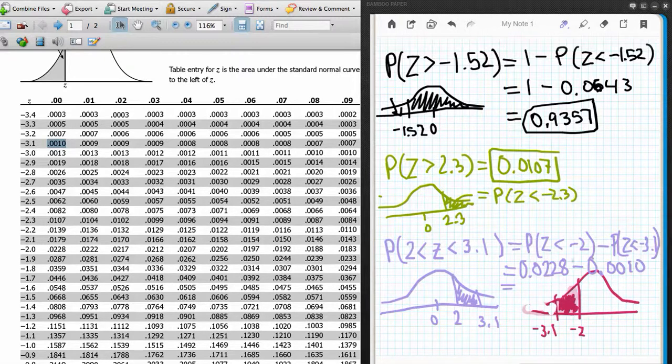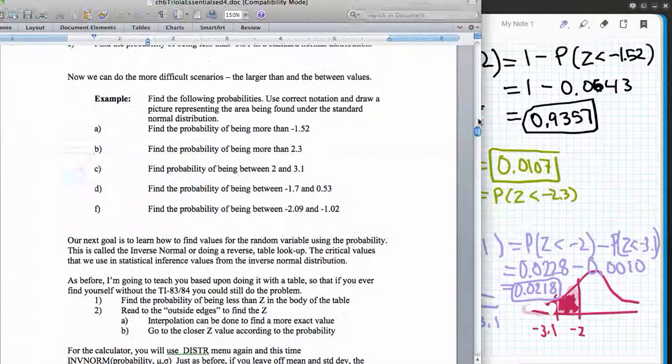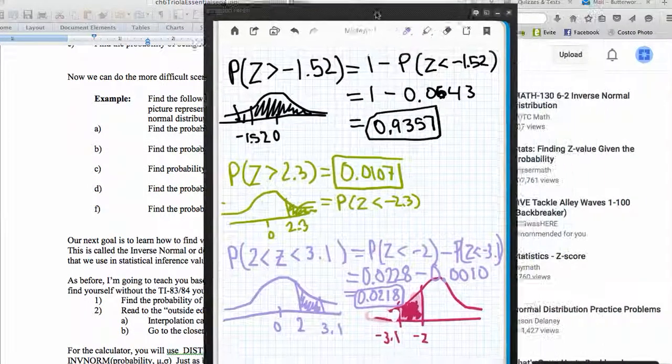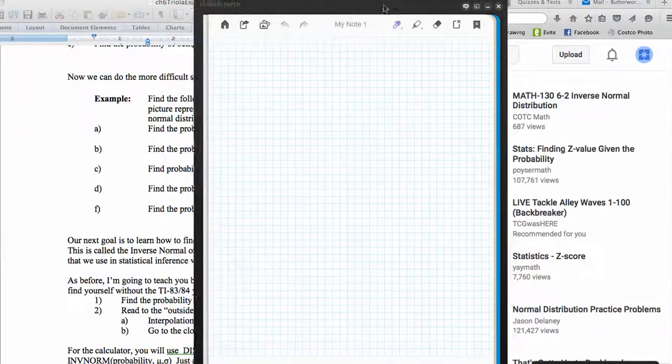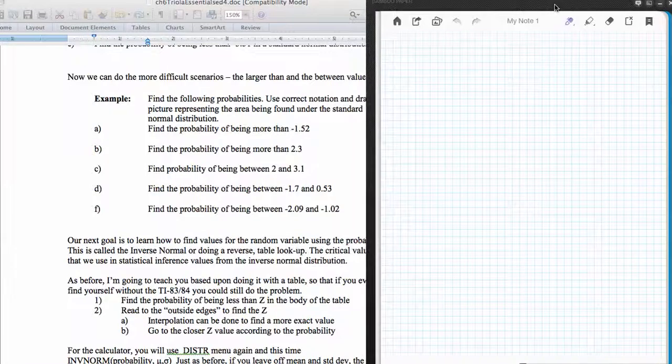So it's 8 minus 0 is 8, 2 minus 1 is 1, 2 minus 0 is 2, and 0 minus 0 is 0. So we have 0.0218. All right, now moving on to my next probability. My next probability is between a negative and a positive. So this one is a little bit more of a dilemma. When I have between a negative and a positive value, this